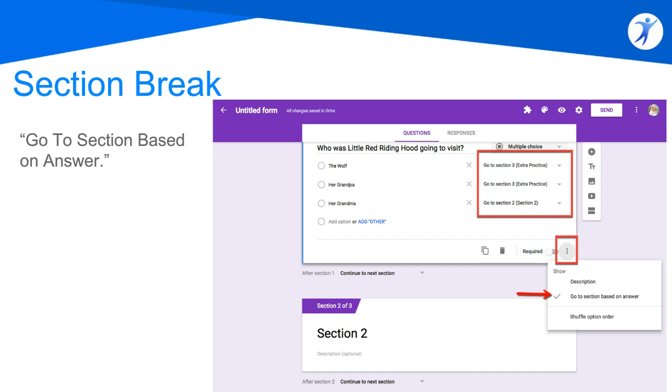If you answered the wolf, then I want you to go to section 3 for extra practice. If you answered her grandpa, then you're going to do extra practice. If you answered the correct answer, her grandma, then you get to continue with the form. Okay, so again, ask questions in that group chat if you have them, but I do love this go to